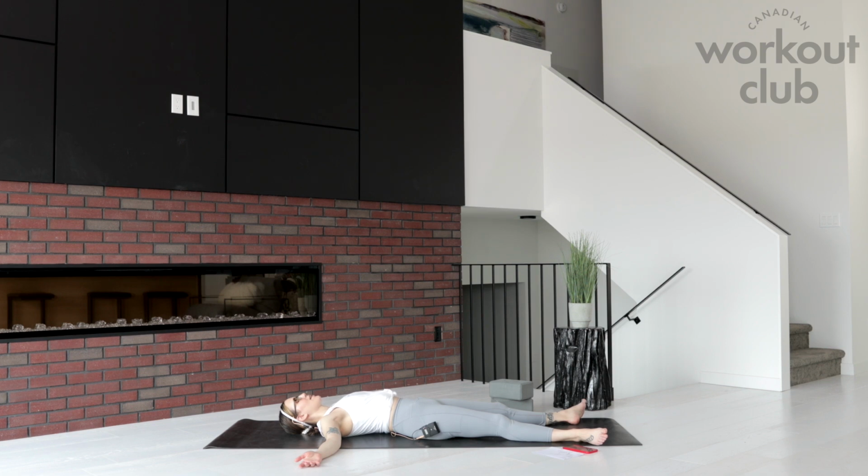Like if someone were to try to lift an arm or a leg, it would be like pulling out something that has roots deep in the ground. It would be so heavy and so hard to do. You can stay here as long as you would like,